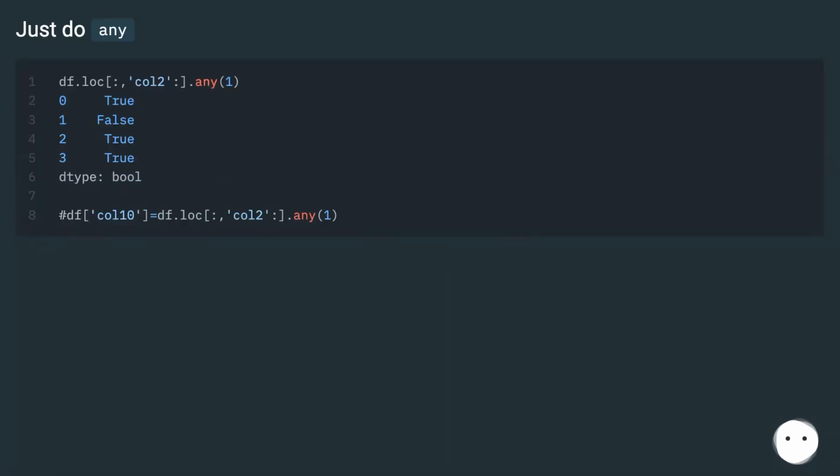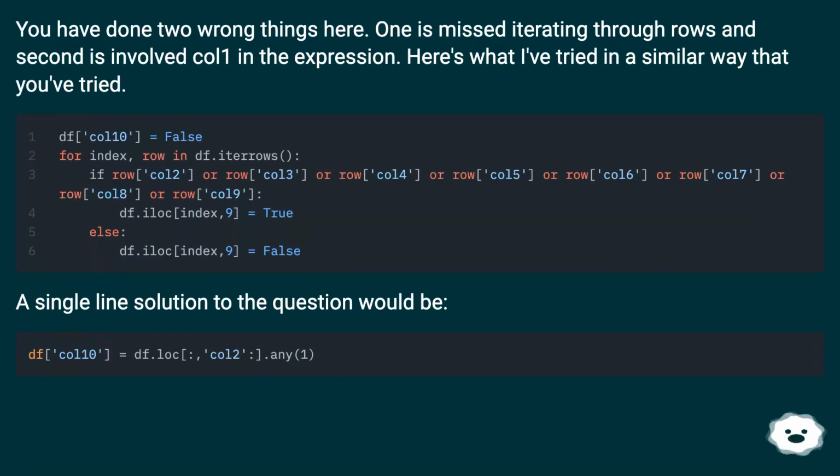Just do any. You have done two wrong things here. One is missed iterating through rows, and second is involved call one in the expression. Here's what I've tried in a similar way that you've tried. A single line solution to the question would be: